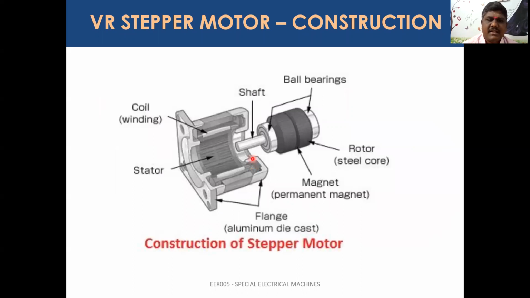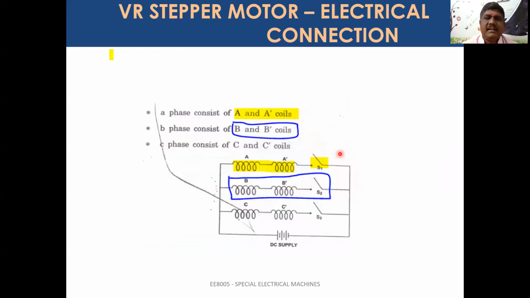Next I'm showing the complete normal view, as if dismantling this kind of machine, and this is the stator and rotor. For our practical understanding, I have added this diagram, and here you can see how it is working and how it is connected. I have given the important connection for A dash. A dash will be connected like this, and one switch will be there. Now I can give the excitation.